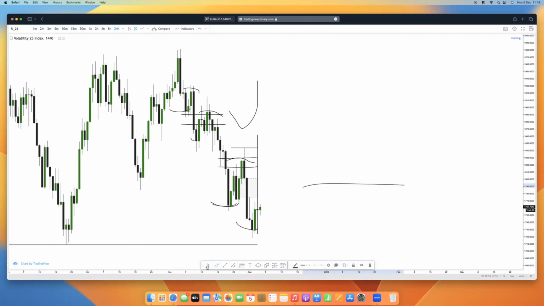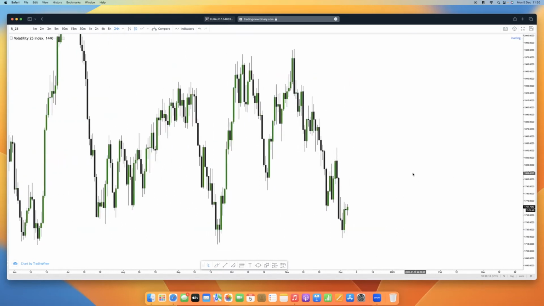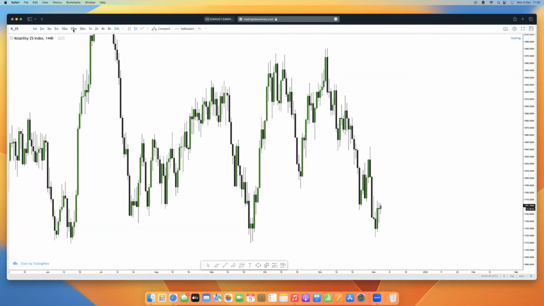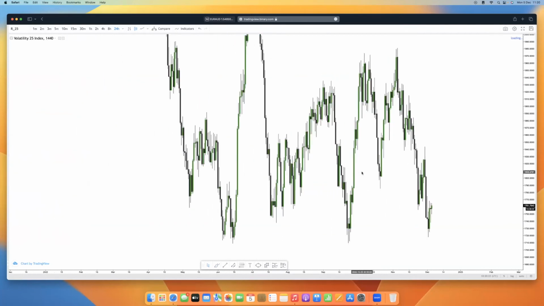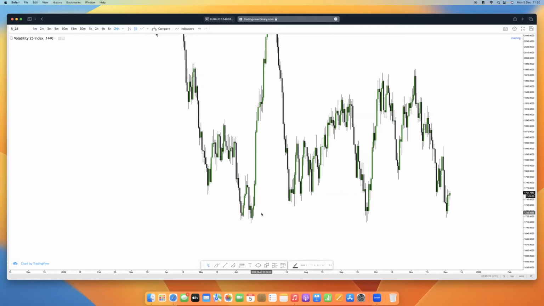Wait, I'm coming. Let me just mark it up quickly. Okay, you're analyzing on M15? No, it's daily. It's going to be showing a different time frame here, but the chart is going to be different from what the time frame is saying. But I know the daily chart for VIX 25. This equal lows is definitely on the daily. But I've changed it back to daily.